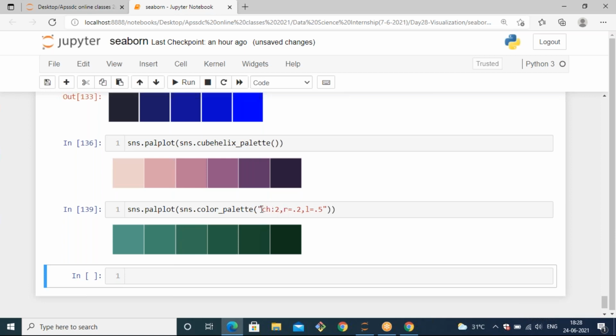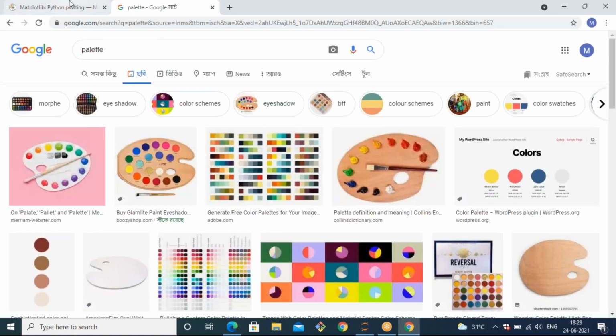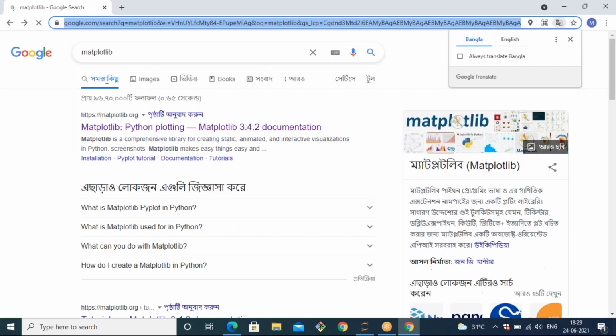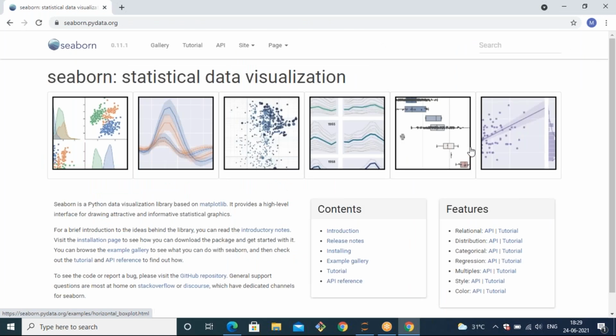If you want to know more about these supported attributes, you just go through the documentation over here, or else you can open the Seaborn library, and after opening it, on the top you will get a search bar. In the search bar, if I want to know more about color_palette, you just type that method here.